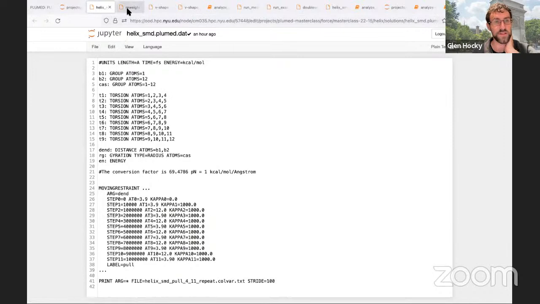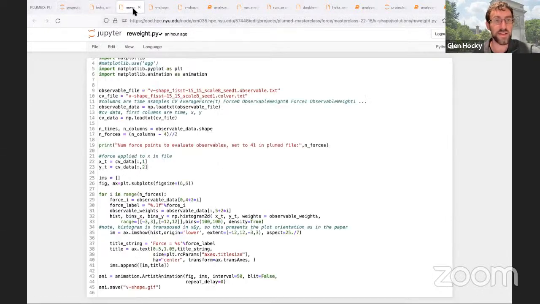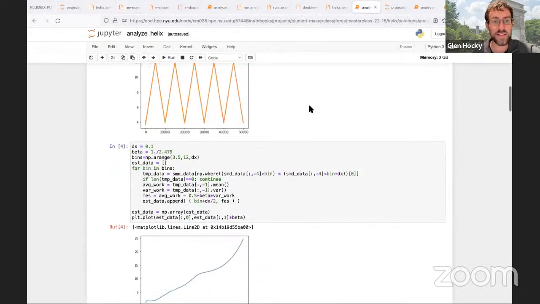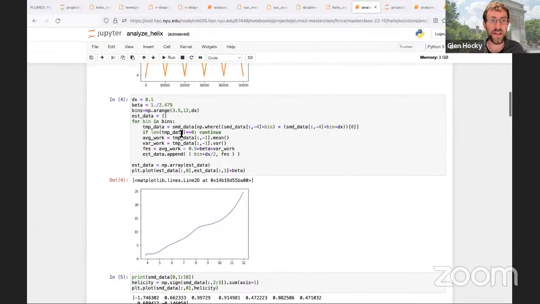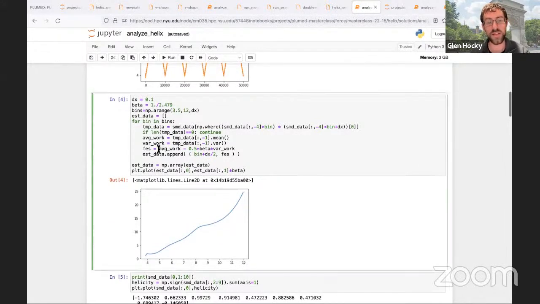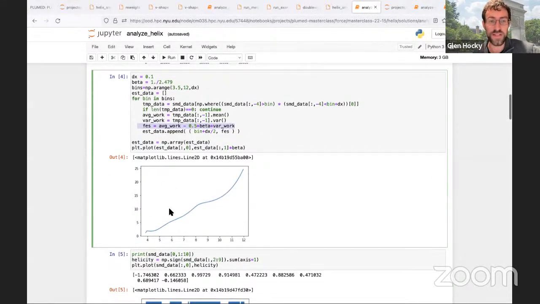And as I mentioned in the tutorial, this SMD, or rather moving restraint, automatically produces the work in the data. And so all that I did here is compute the average work and variance of the work and compute this average work minus beta over 2 times the variance of the work, which is the first and second cumulant from the Jarzynski log of average of e to the beta w that Guillaume talked about. And I was able to produce this